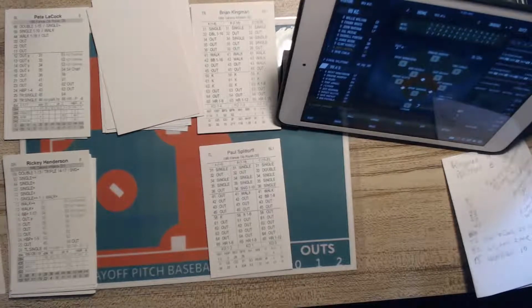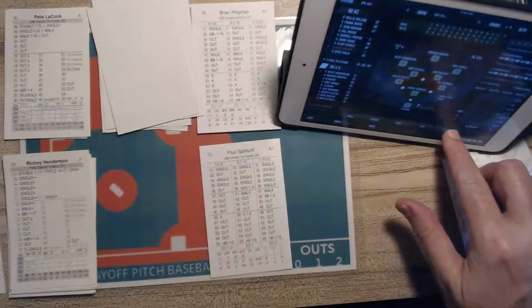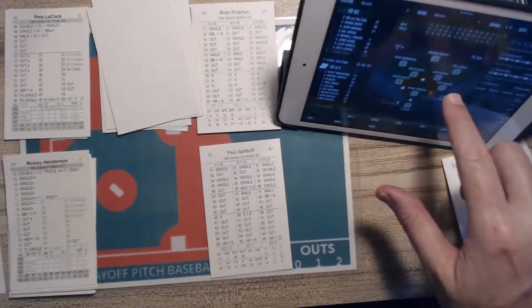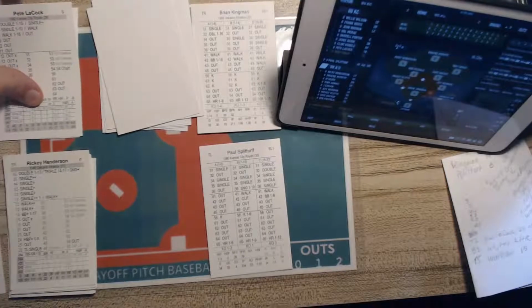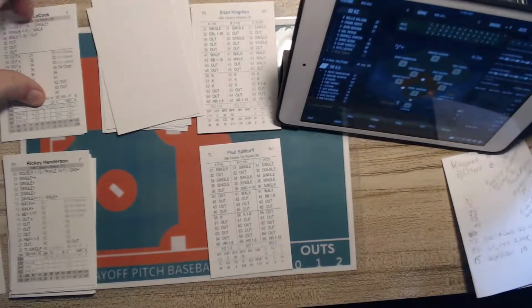Ballpark result is going to be a 4. And here at he's a lefty here at Oakland. That's going to be a foul ball. So we're going to roll again for Lecoq. And it's going to be a 26, and that versus right is going to be a ground ball base hit through the right side. Tony Armas plays it, gets it into McKay. So Lecoq is on at first. He's slow.